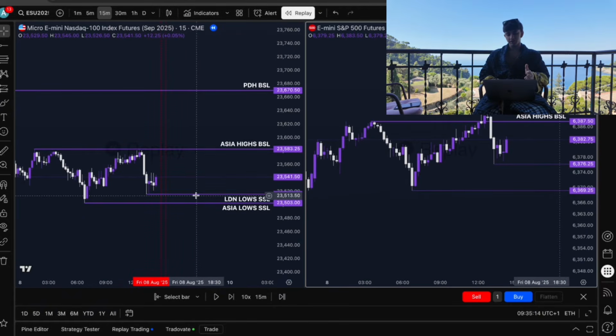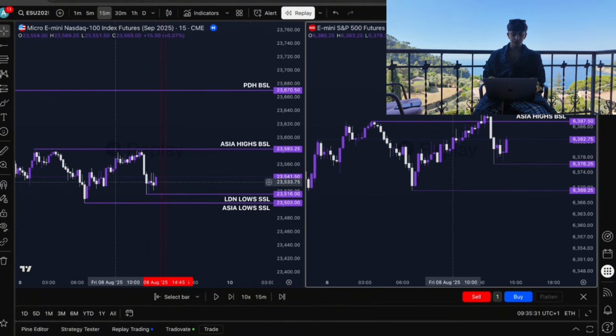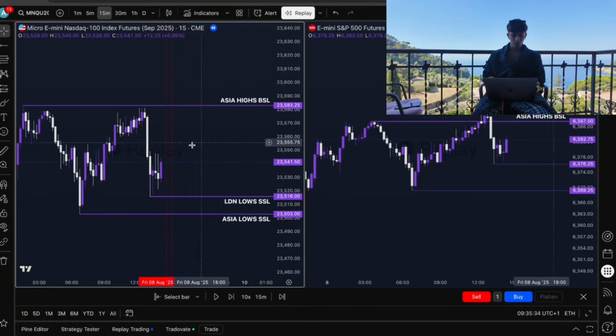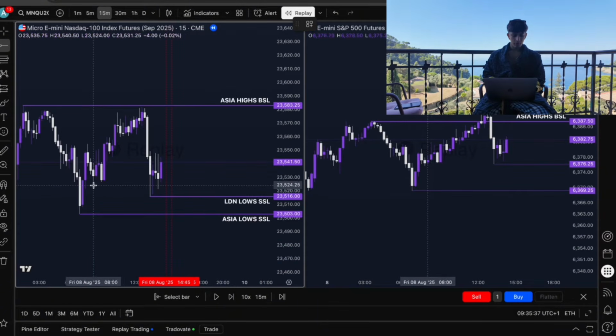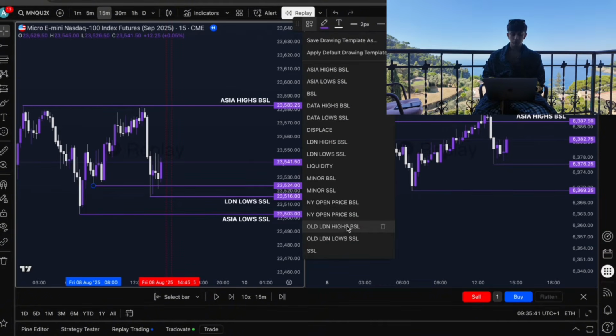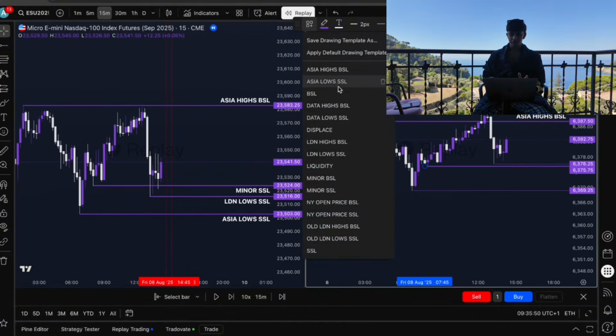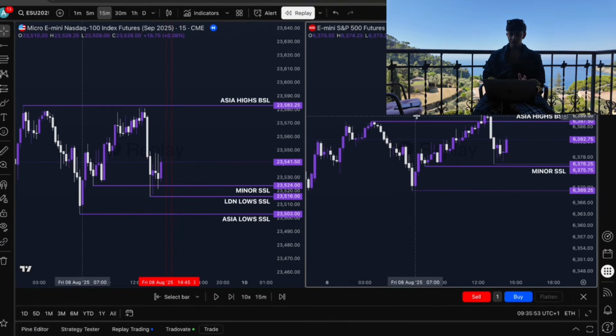However, coming into the AM session, once price takes any sort of session liquidity, any 15-minute high or low is a valid sweep, personally for me. Or even a 5-minute low or high, that's a sweep of liquidity that is valid for me. So what I could then see was we had this point of sell-side liquidity at 23524 that was swept just before we came into macro. What we also see here is that ES has not taken this point, so therefore we have a bullish SMT.